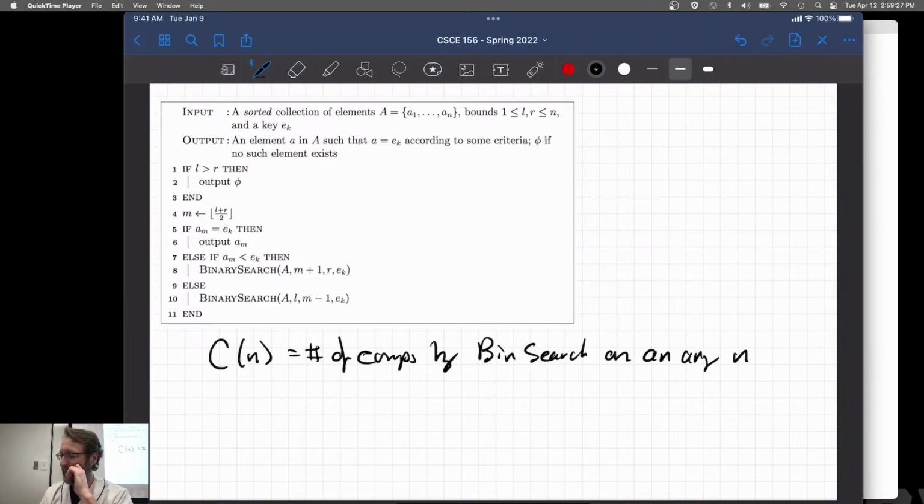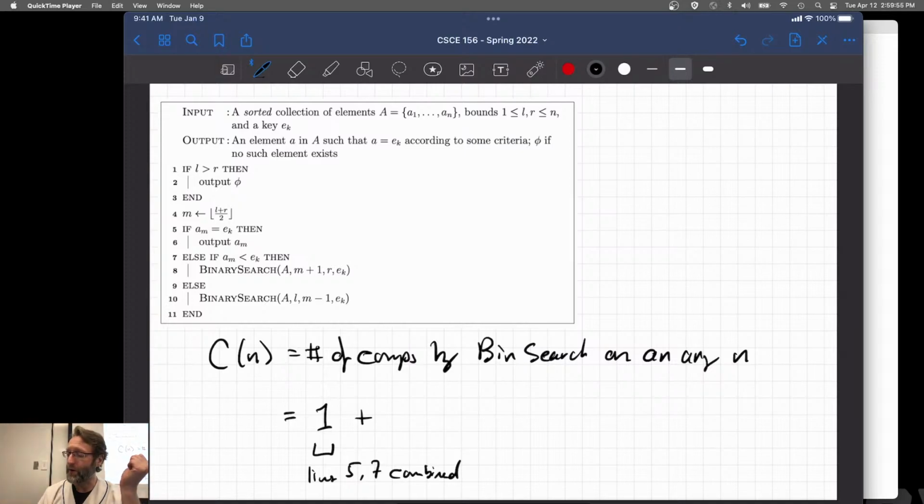Okay? So on one iteration, we already said that there's this comparison and this comparison, but let's just roll that into one. That's one comparison, right? And that's lines 5 and 7 combined. Plus,